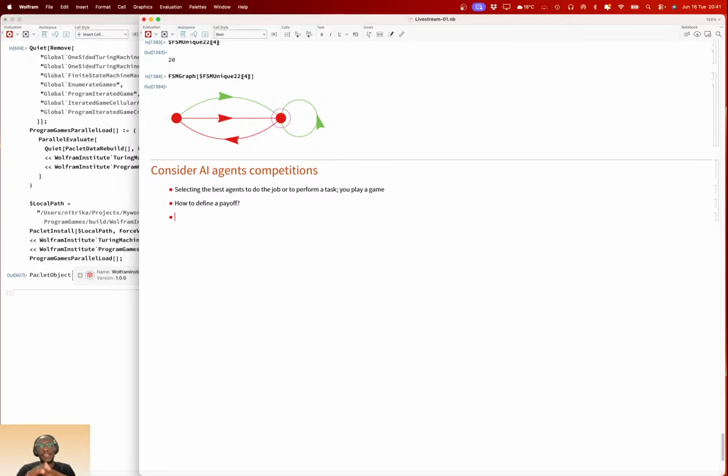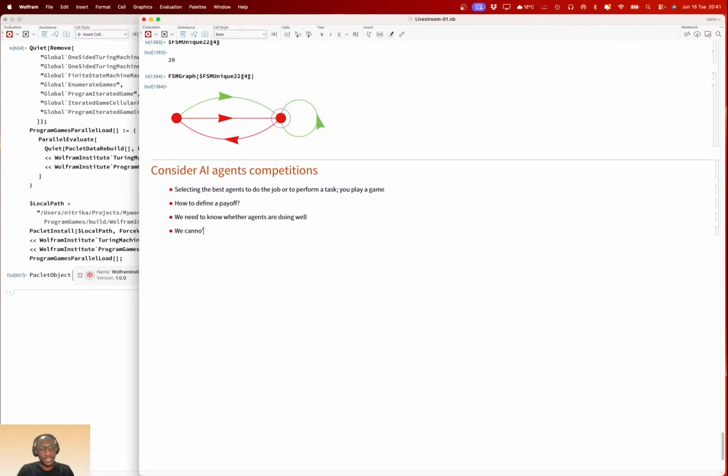If we define a game, we need to know whether agents are doing well, right? And how do we know if agents are doing well if we have a flawed game, or if we don't have a better payoff matrix?